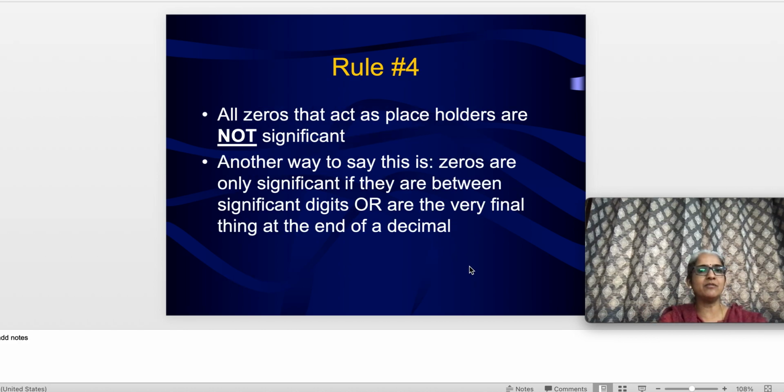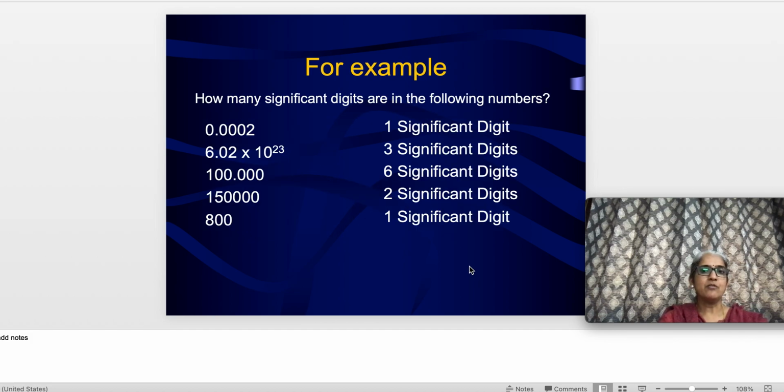All zeros which act as a placeholder, and let me show you some examples here. For example, 0.0002 has only one significant digit. Now these are zeros which are placeholders. The reason why I say placeholders is, for example, if I change the unit to centimeters, it will become 0.02. So what is the significant digit? Is it 2 or is it 0.02? So should I count the zeros or not? And that's where the placeholder comes into